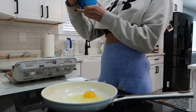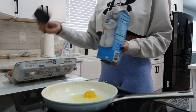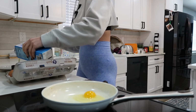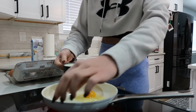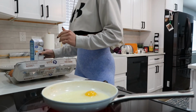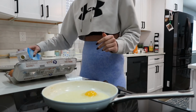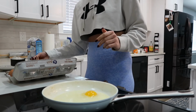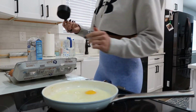But to be honest, I don't really trust the actual measuring cup here. So we're gonna weigh that out in grams. All right, so this is half a cup. Oh, another dog hair, look at that. And we're gonna do another half a cup. So it's 250 grams is what we're shooting for here. So a cup of egg whites, one whole egg. I'm gonna make these into...